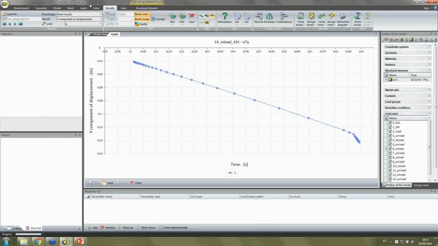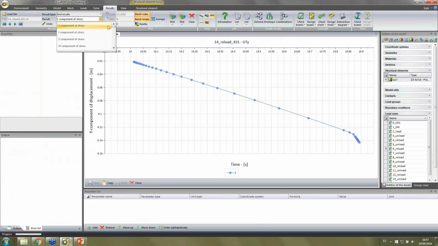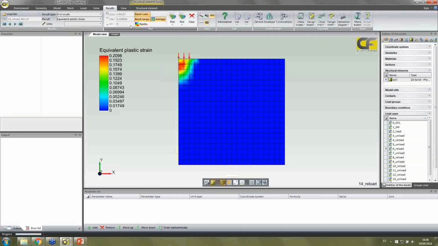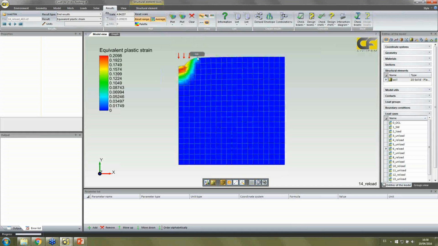If I plot the yielding, the equivalent plastic strain, here I have yielding. If I plot the deformed shape, this is the yielding I have in my model due to these compression loads. If I compare the three different models,